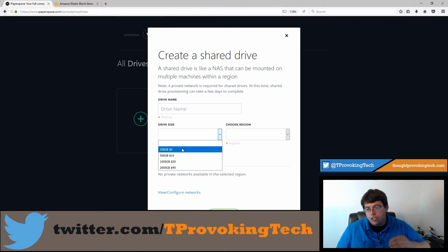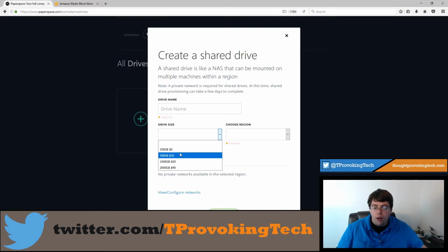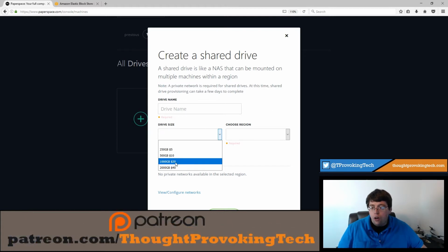The prices continue to double for each of these tiers because they're essentially double the price. So for 500 gigabytes, that would be $22.50. For a terabyte, that would be $45. And for 2 terabytes, that would be $90 on AWS. So you can see that